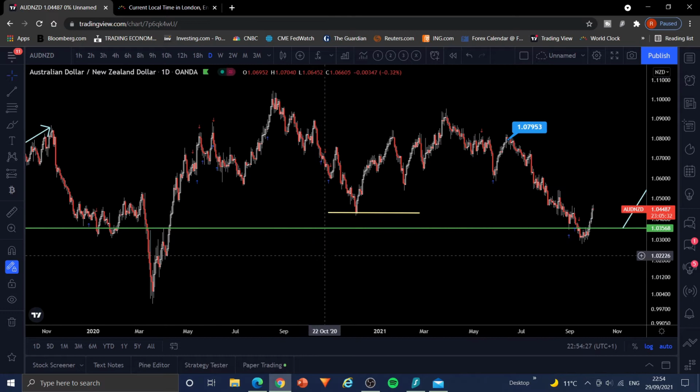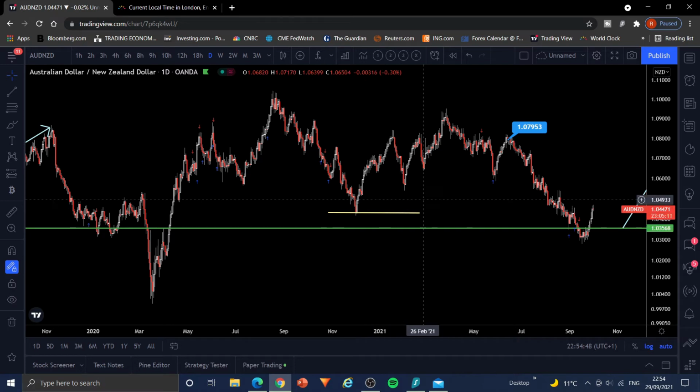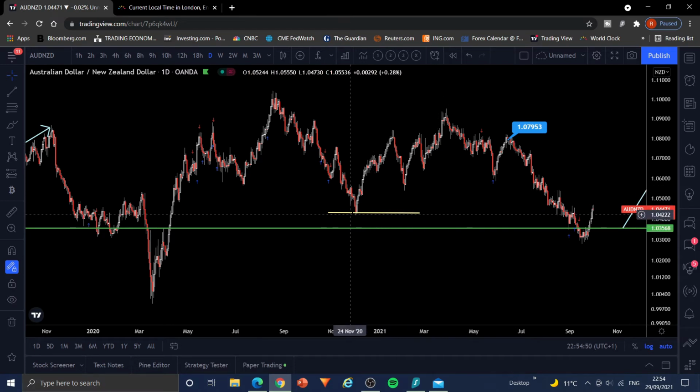Well, let me put this in English. I was looking for price to breach this level, and once price breached that level, that, to me, would be the indicator, or the prompt, or the alert to start looking for a long trade. Now, why did I think that, guys? Why did I think that breaching this level would be a reason to start looking to, instead of being short, look long this market?